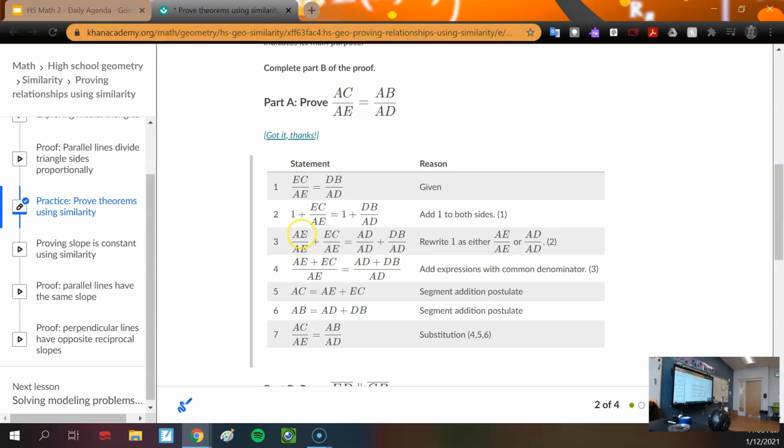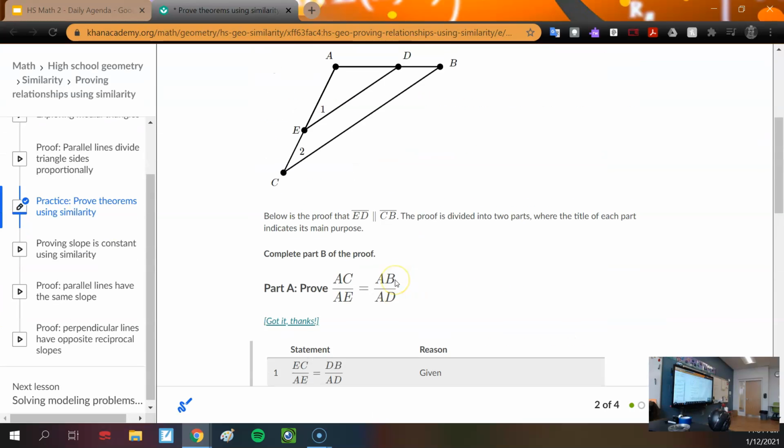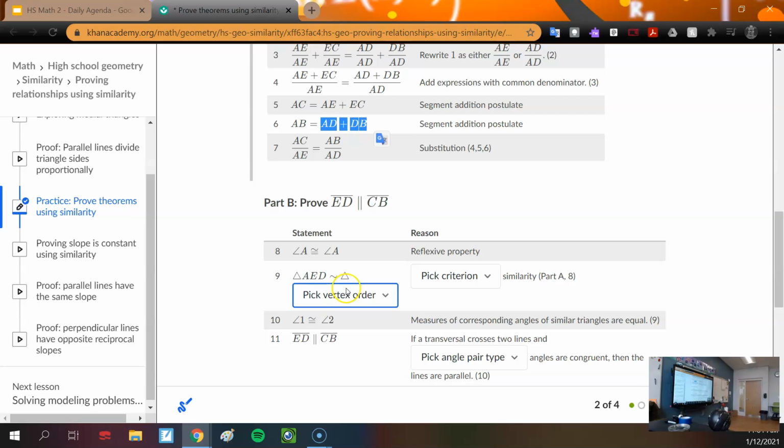AE to AE would be 1. That common denominator allows us to put these together. We then can add the segments and say, well, okay, AC can really be replaced by AE plus EC. AB can really be replaced by AD and BD. And you guys are going to go do this on your own. So that's why I want to make sure you scroll back and forth to check these things. By the time we get down here,